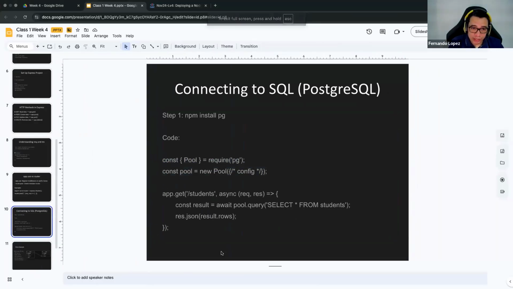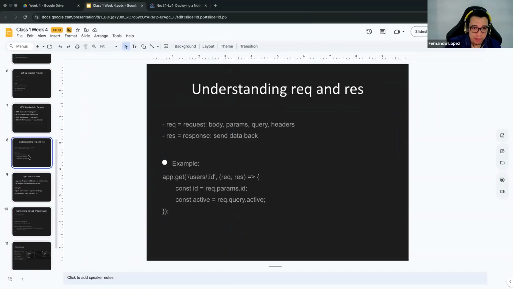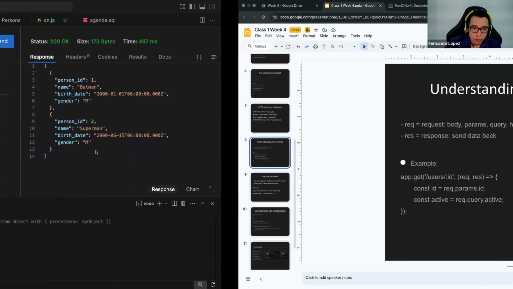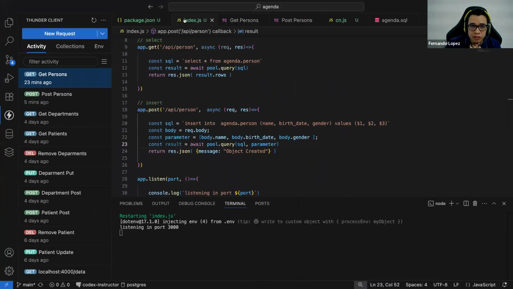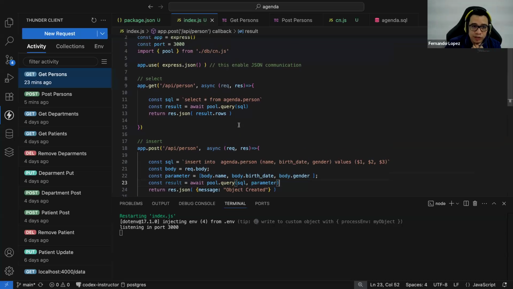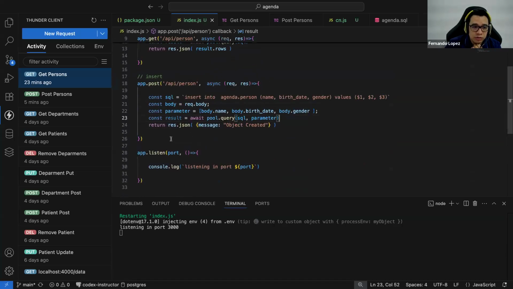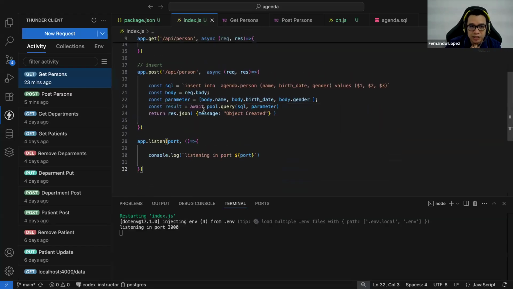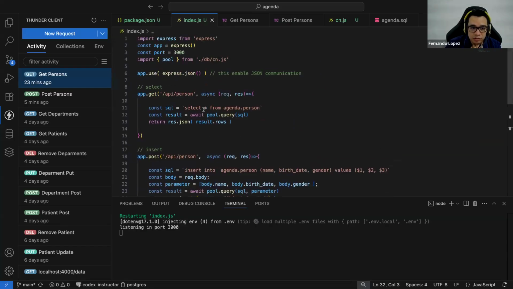Okay, this is how we connect to Postgres. This is how we create the connection to the database. Now, something very important here that I don't know if you have noticed: we have just two methods for one table, and we have right now 30 lines of code. If we continue coding in this index file, it is going to be unhandy. It's going to be very difficult to manage the content of this index file.